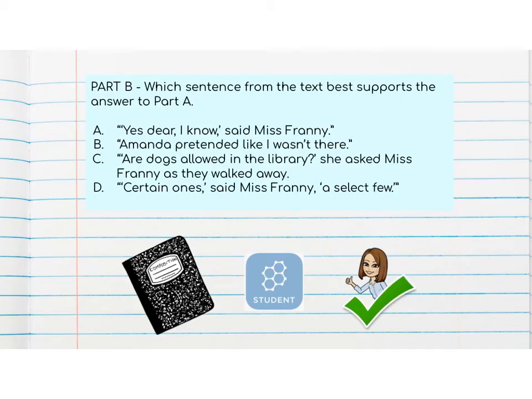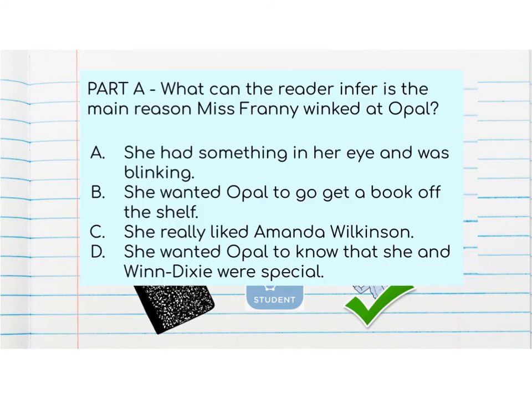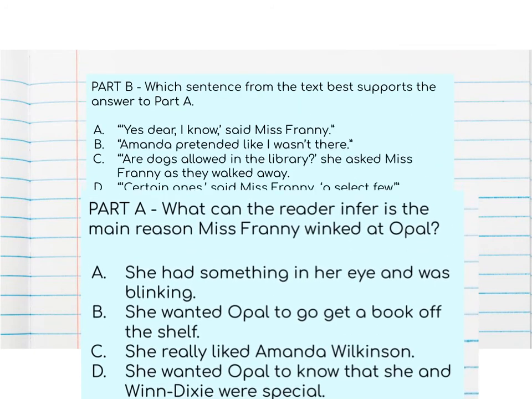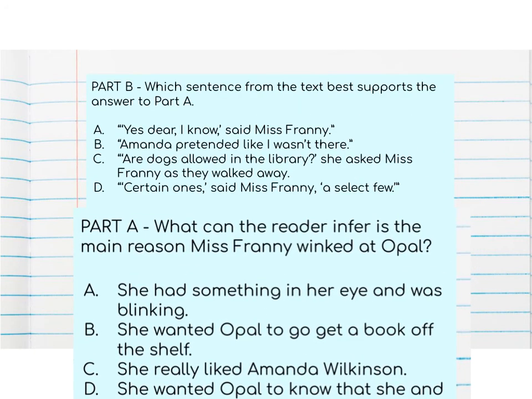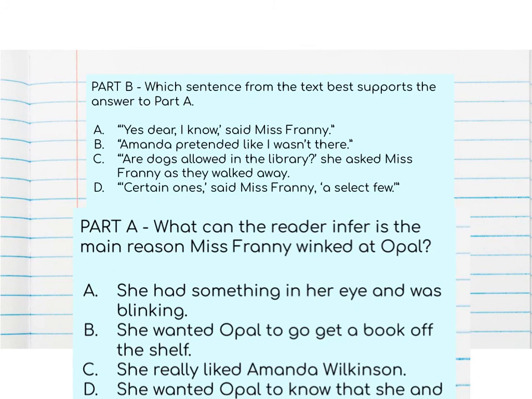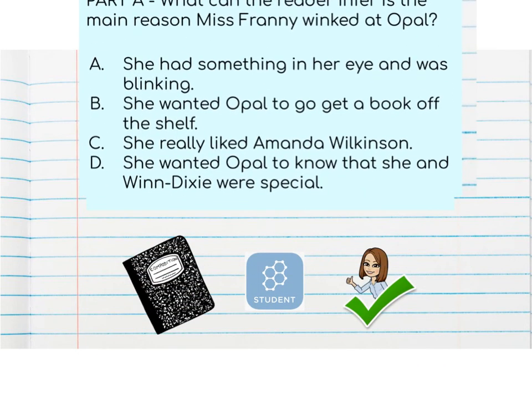Let's go ahead and check our understanding. And today we're looking specifically for evidence to support that text-based evidence. You'll be solving this check for understanding in your interactive notebook, and you'll be answering for me in Socrative. So let's look at yesterday's question for part A. Yesterday you answered this question: what can the reader infer is the main reason Miss Franny winked at Opal? Using the best answer for part A, you will then support it with the best answer to part B. Which sentence from the text best supports the answer to part A? So I'm actually going to move these,